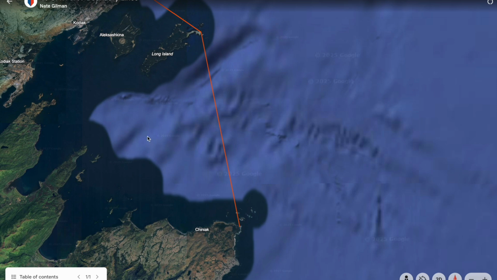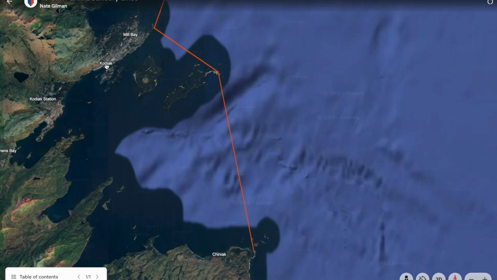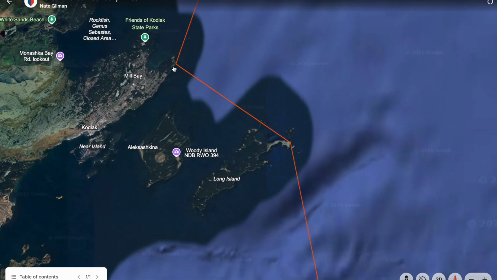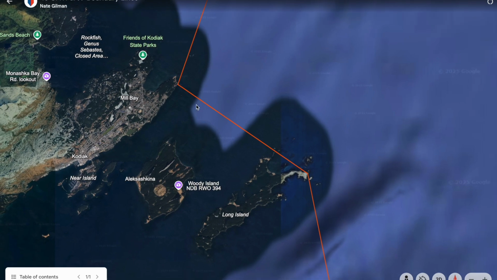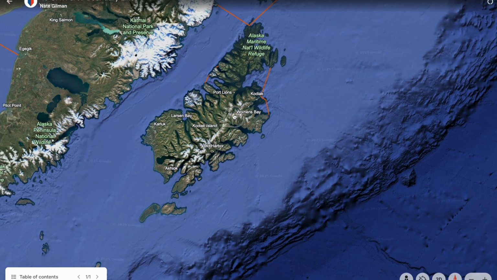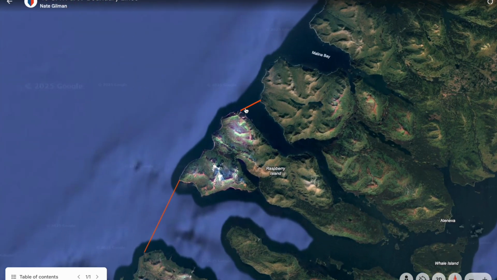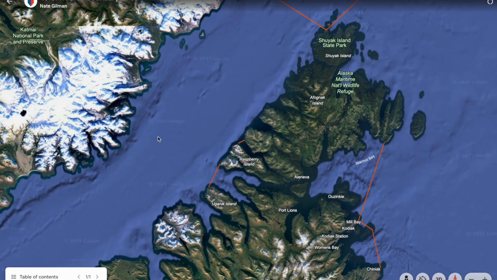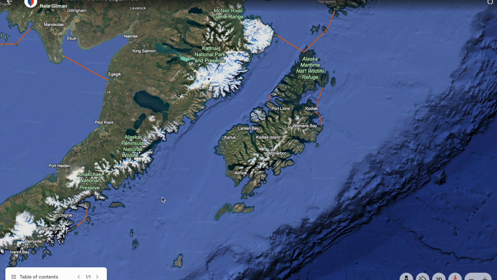which means you could fish and take guests out with an inland license off of near Kodiak, but it also means the other way. You've got to be very careful to make sure that you go offshore to get that near coastal time when you're trying to get that license for near coastal. But then we can see the two ways to get out of Whale Island and Raspberry Island as you're making your way over here to the strait. This is all near coastal. This is all near coastal.